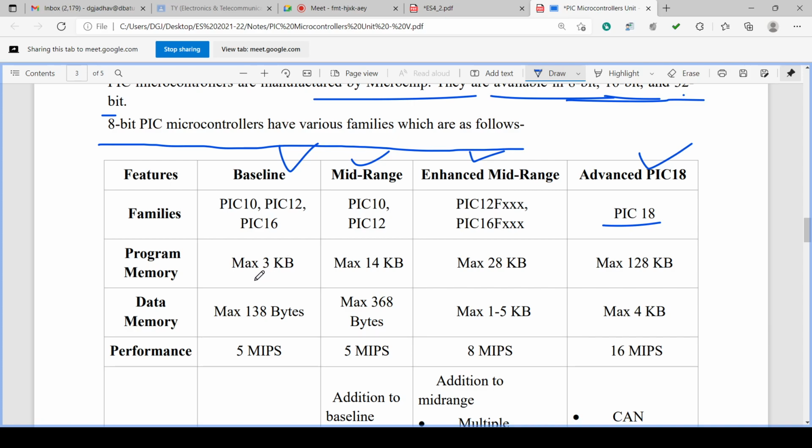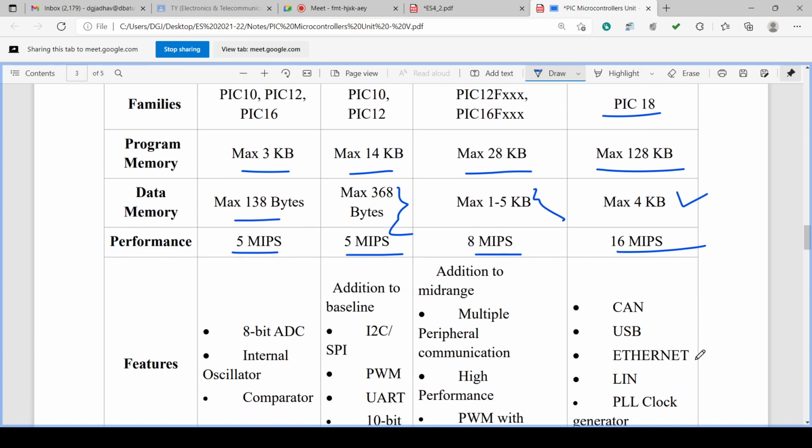Each has program memory maximum 3 KB, 14 KB, 28 KB, 128 KB and data memory 138 bytes, 368 bytes, 1 to 5 KB, 4 KB, and performance of 5 MIPS, 5 MIPS, 8 MIPS and 16 MIPS.